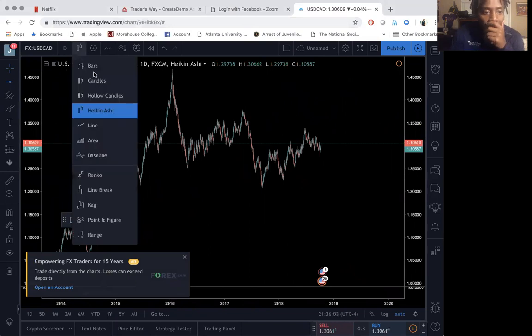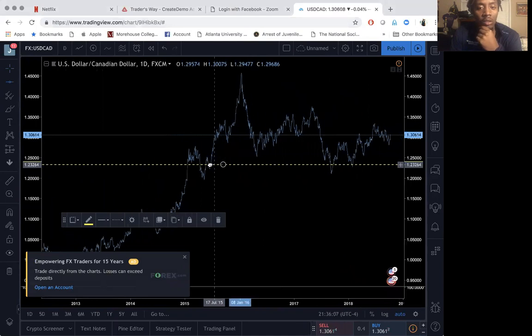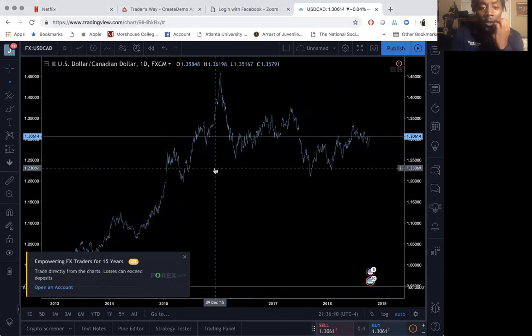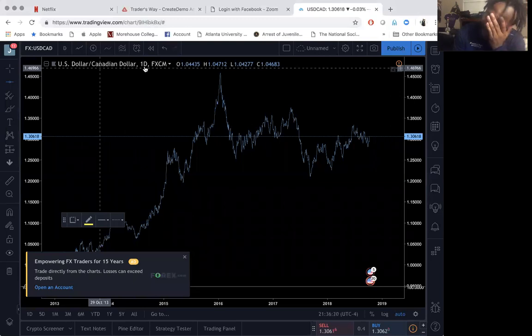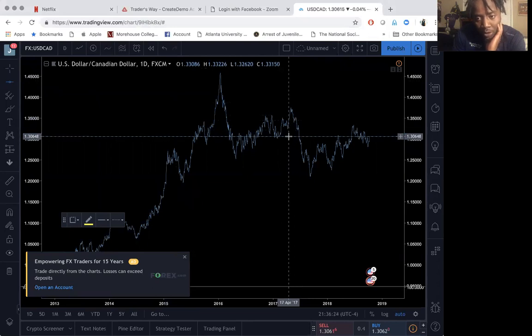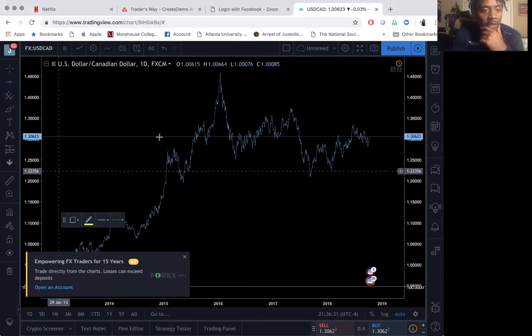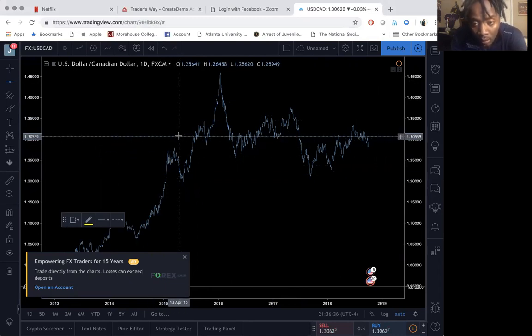All right, so like I've said before, I draw my support and resistance on the day chart and the 4 hour. Those are what I presume to be the strongest support and resistance lines that you'll find. And remember that you want your support and resistance lines to be respected from both sides. So if you see where I draw pretty much what price is right now, you can see that